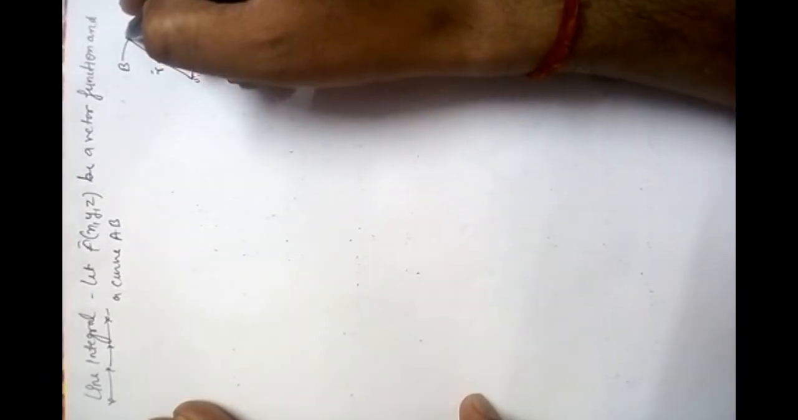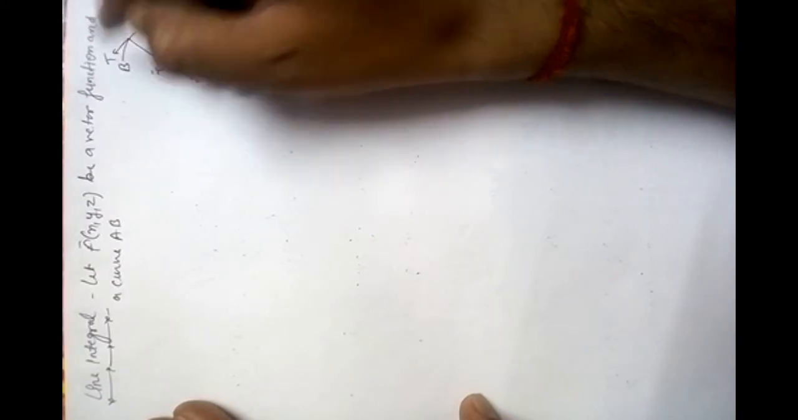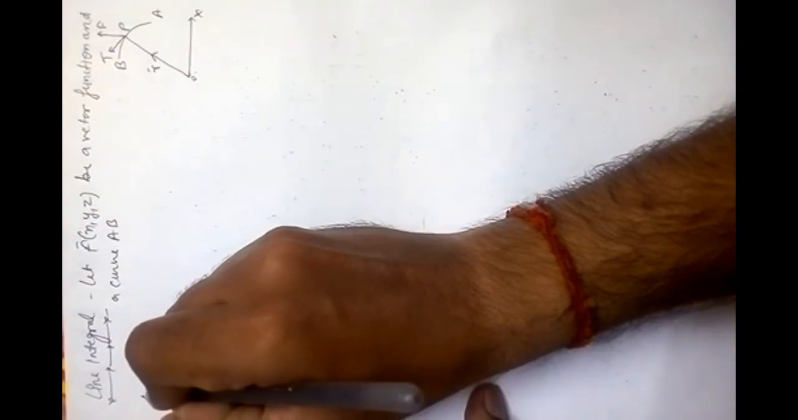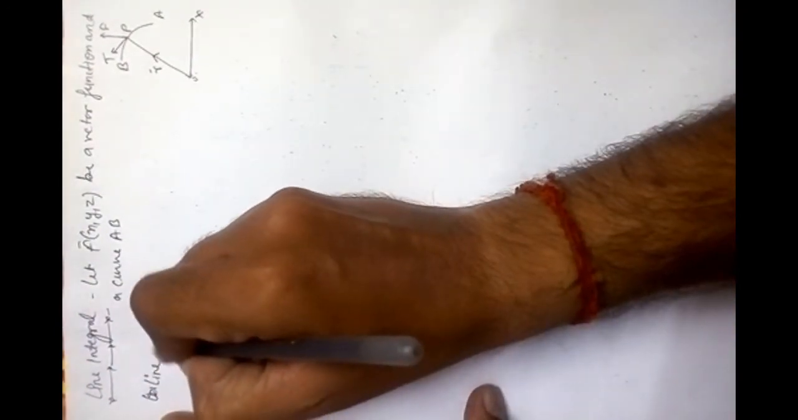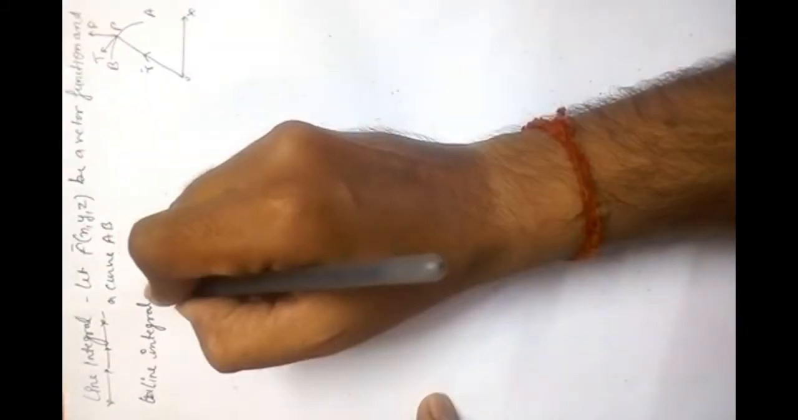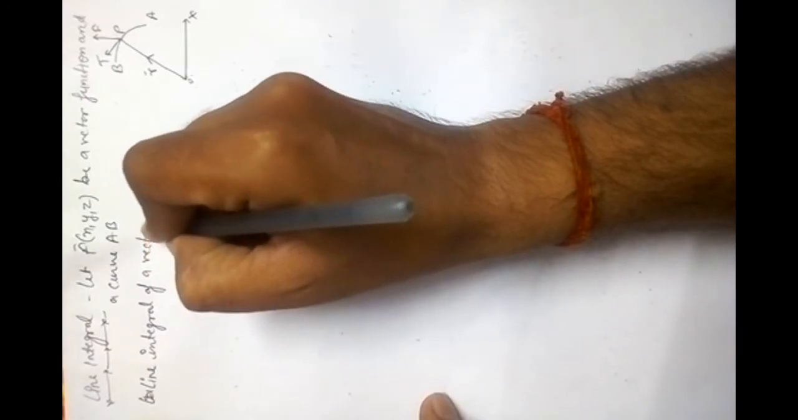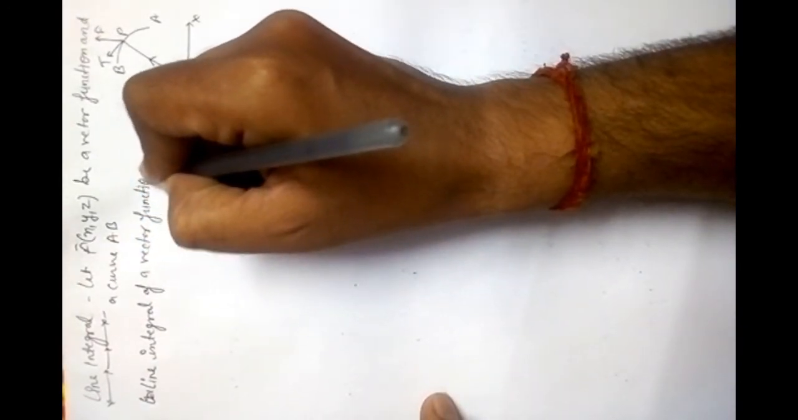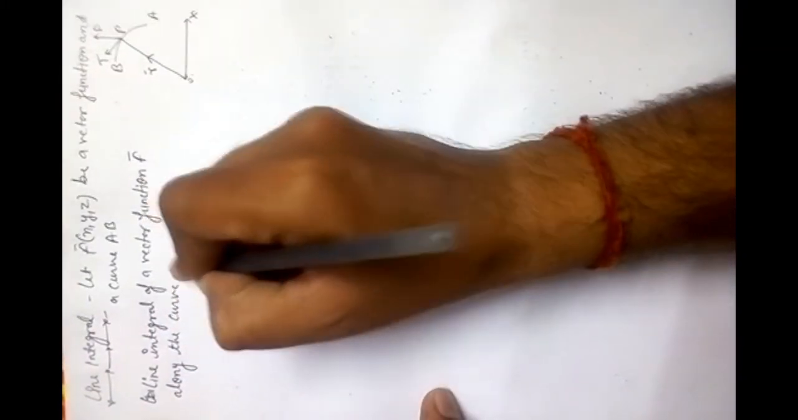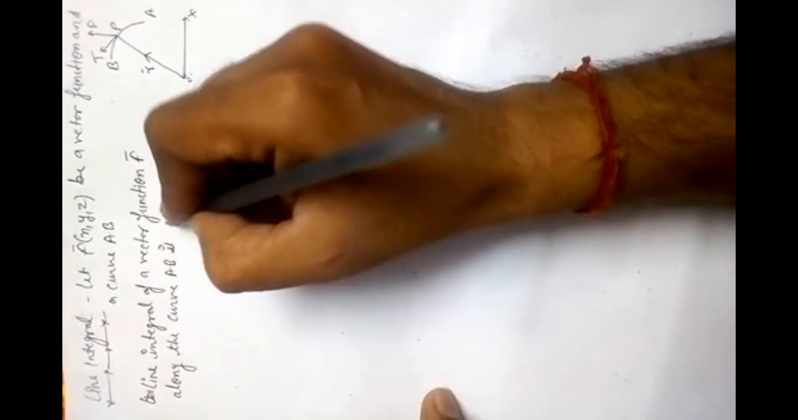Vector R, tangent, vector F and point P. The line integral of a vector function F along the curve AB is defined as